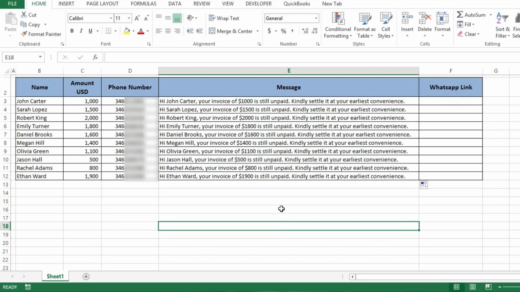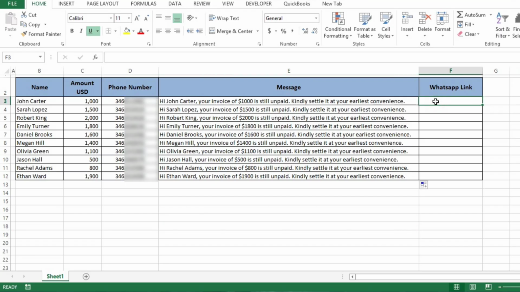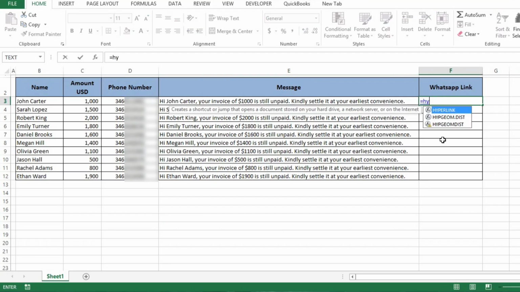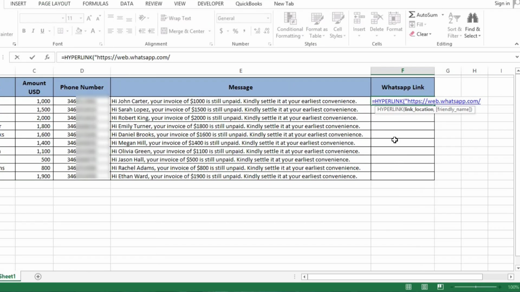Next, we will generate clickable links that open WhatsApp chats with each recipient, pre-filled with the custom message that we created here in column E. So in column F here, type the formula: equals HYPERLINK, open parenthesis, double quotes, https://web.whatsapp.com/send